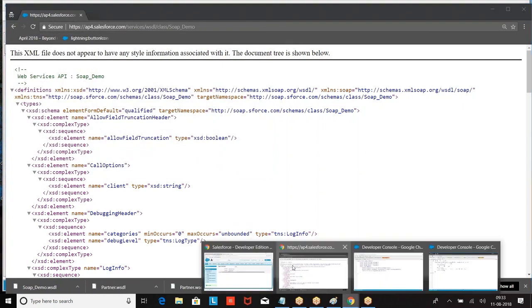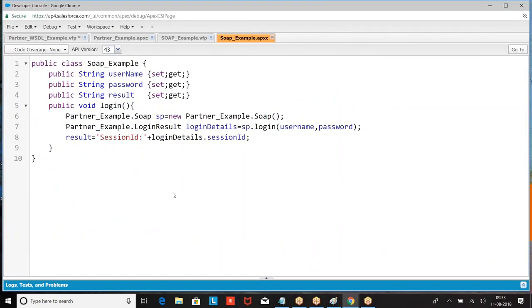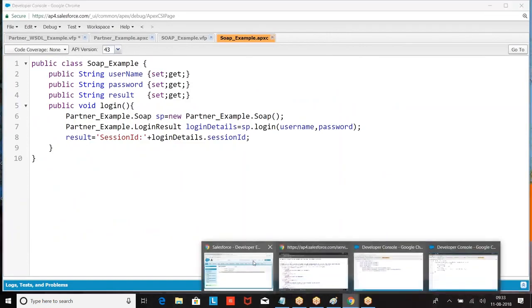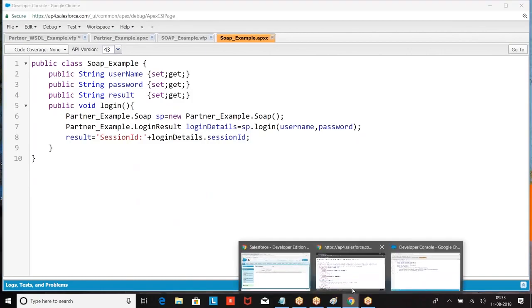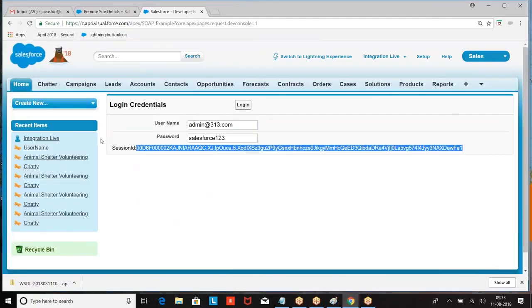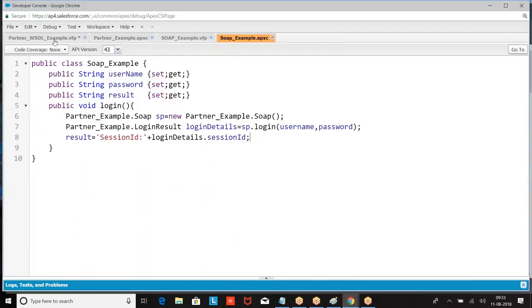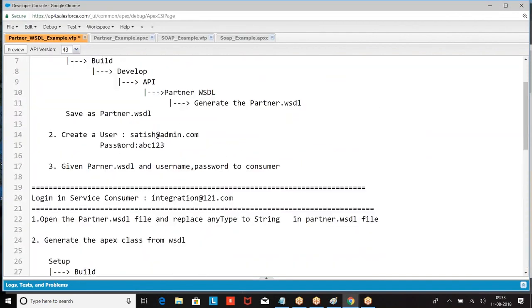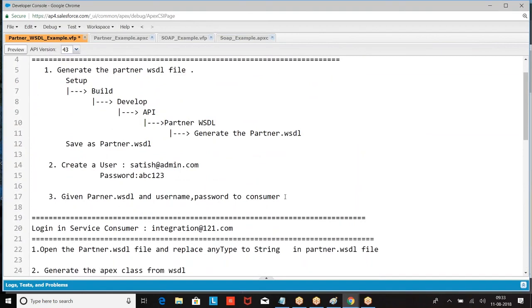Now come back to this organization. You should have clarity on what we are doing. So in this case, go to this organization. Here, what is the org? Generate the partner WSDL file. Here only